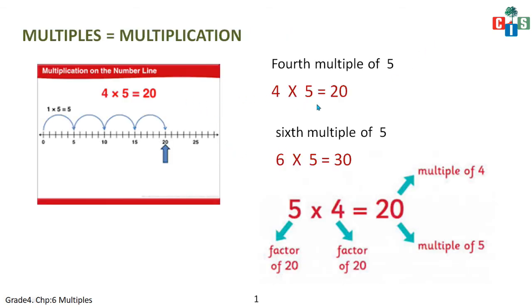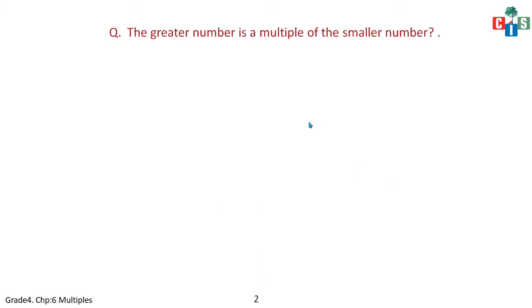Fine. And then we will see if the greater number is a multiple of the smaller number or not. See, in the previous we saw multiples by multiplication. Yes, and we can even find multiples by division also. Now let's see, the greater number is a multiple of the smaller number or not. Now I have taken the example of 13 and 109. Now which is the greater number? 109. So is 109 a multiple of 13? That is the question. So if the question is asked that one number is a multiple of another number, what you have to do, you have to find out by using the division method. You can also do it by using the multiplication method, but in your textbook the division method is given.